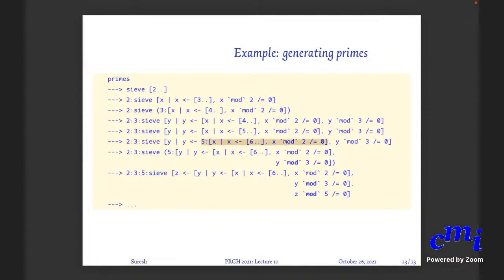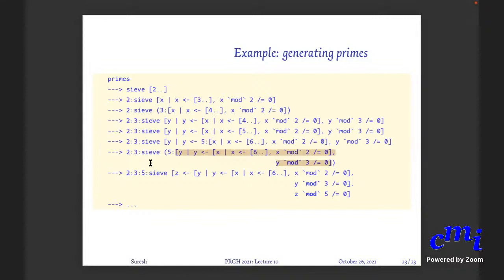You've taken the 5 out, and then I want to check whether y mod 3 is not equal to 0 for this. So for that 5 you will check whether y mod 3 is not equal to 0. It is not equal to 0. So you will put 5 here. Okay, and again you have an expression of the form sieve of p colon some expression that gives you a list, and this expression is now 2 levels nested, even though it will give out a single list.